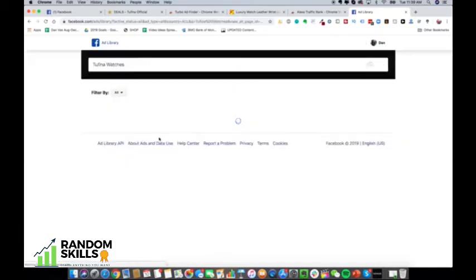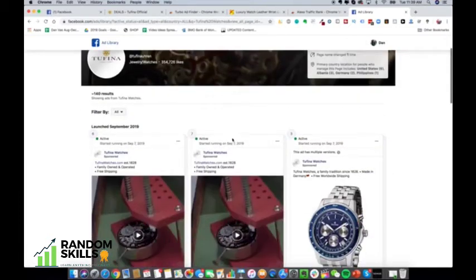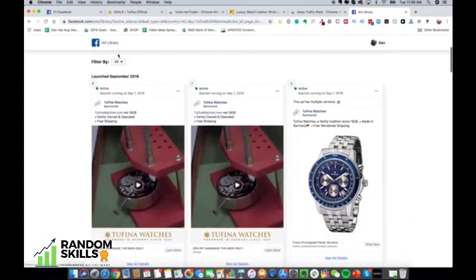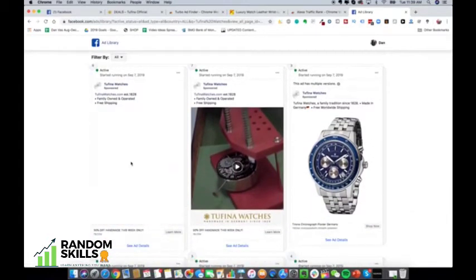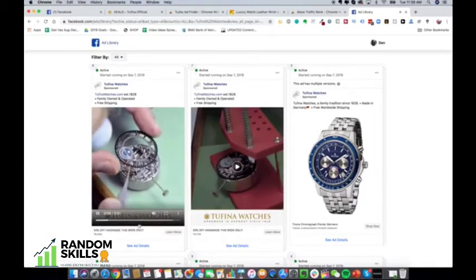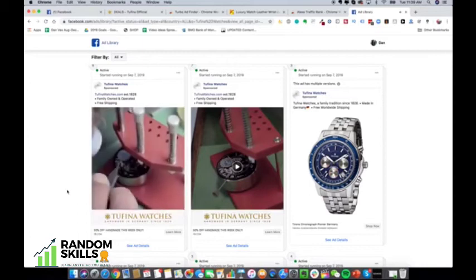So Tufina Watches, 354,000 likes. So obviously they're really huge. It looks like, right? So boom, they're running ads, and you can see the exact ads that they're running. If you click play, handmade in Germany since 1828. I mean, basically these companies can put anything they want on these